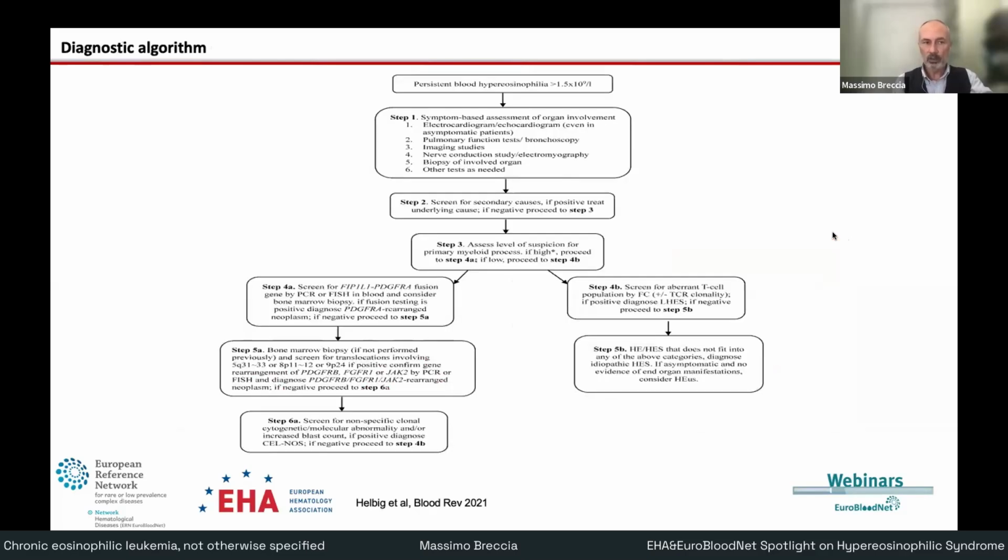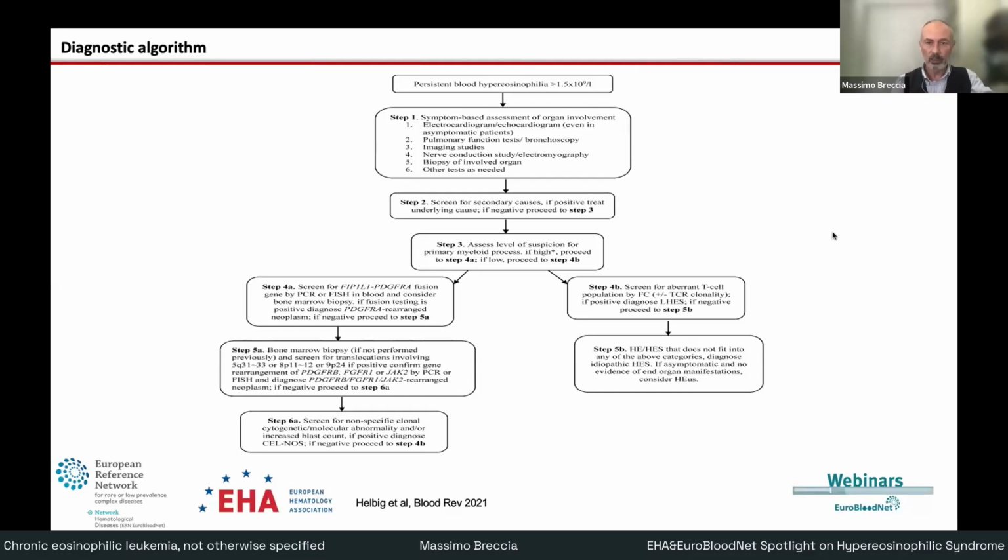So this diagnostic algorithm could be applied in patients with a persistent hypereosinophilia, which means more than 1,500, and after the exclusion of organ involvement and symptoms-based organ involvement, we have to screen for all the other secondary reasons. And then after the exclusion, we have to assess the level of primary myeloid process. So testing FIP1L1-PDGF receptor alpha, that is the most common, but then also all the others that